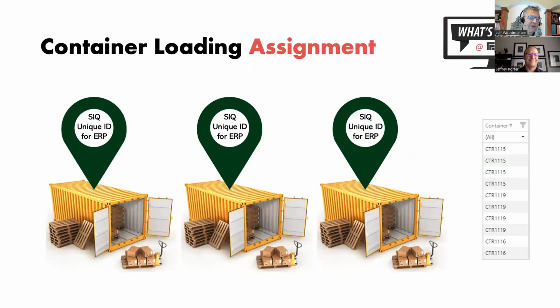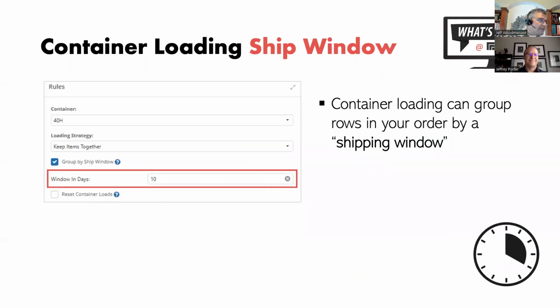And so you would find this in the container loading section of place orders. And then we can talk about this one too, because this goes right along with it. The container loading, Jake added a shipping window, and you can see group by ship window. If you check that box, then it allows you to assign a window in time so that